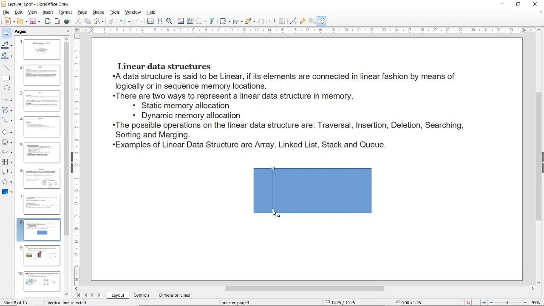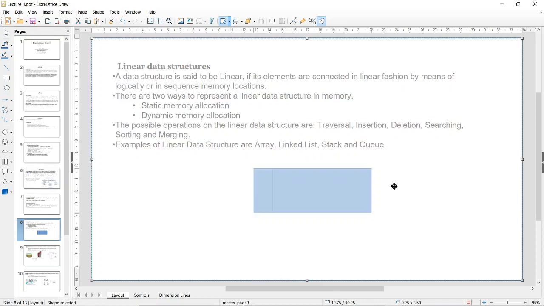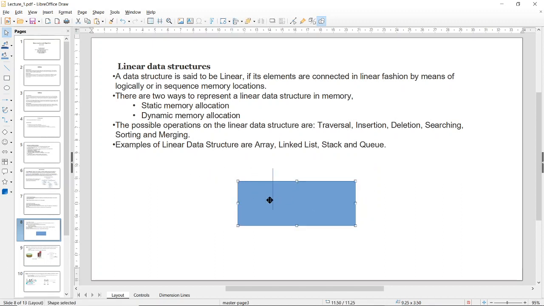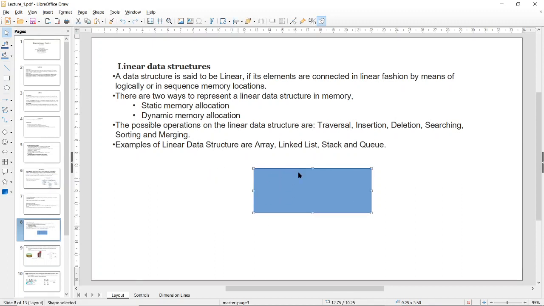So this one is one. Okay, so leave it for now.